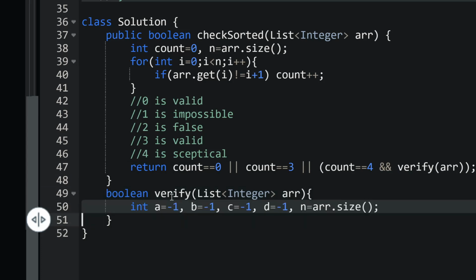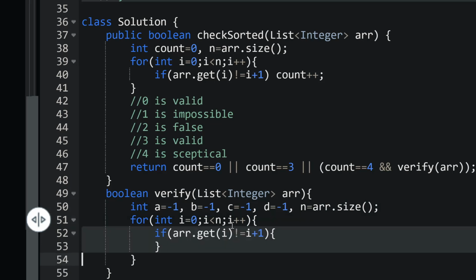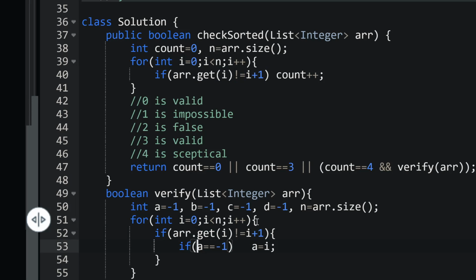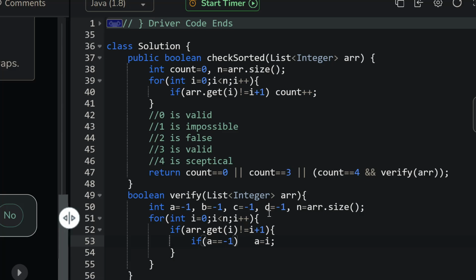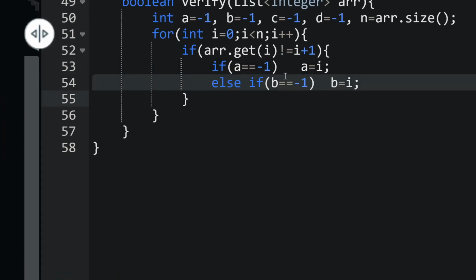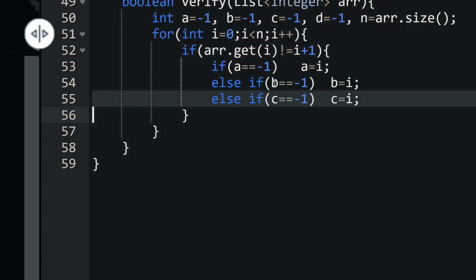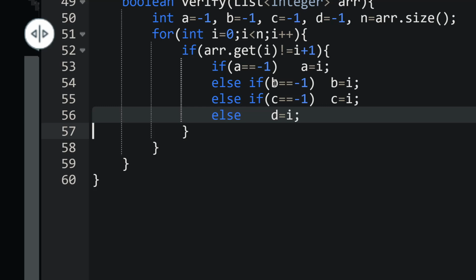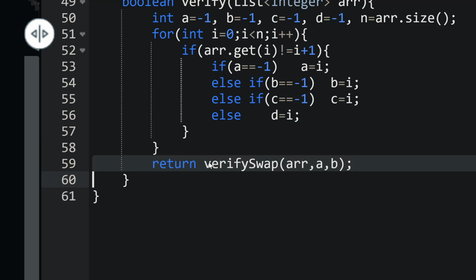So this is the verify function. We have four variables that will store the four indexes. We have a for loop. If the element present at this index is not equal to index plus 1, and if A is not stored, we store the index in A. Then if B is not stored, we store the index in B. Same for C and same for D. Now we know the 4 indexes that are invalid. So we need to